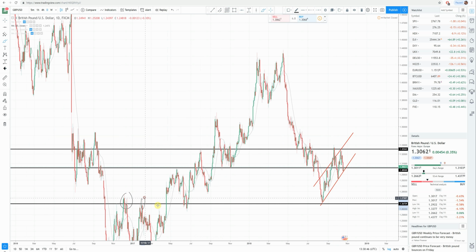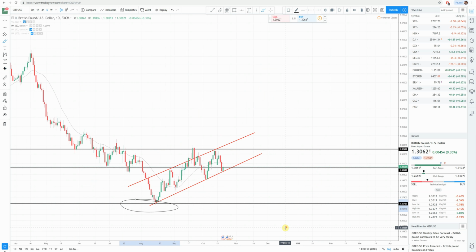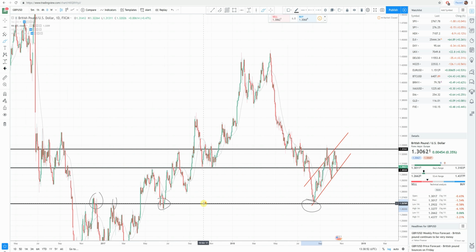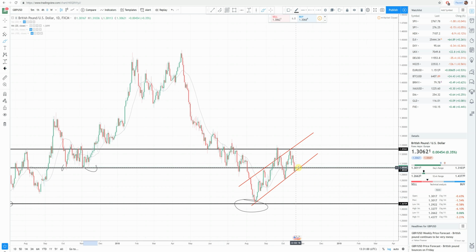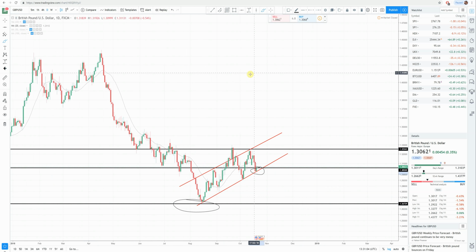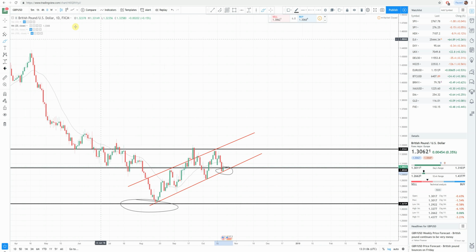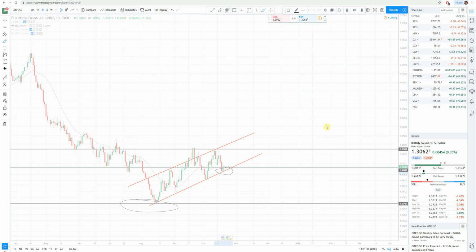Here, here, here, and also of course the most recent one here. And I've also marked levels in which price also has reacted quite a bit in the past. That may be relevant to where we are right now. Which means that on an intraday chart,